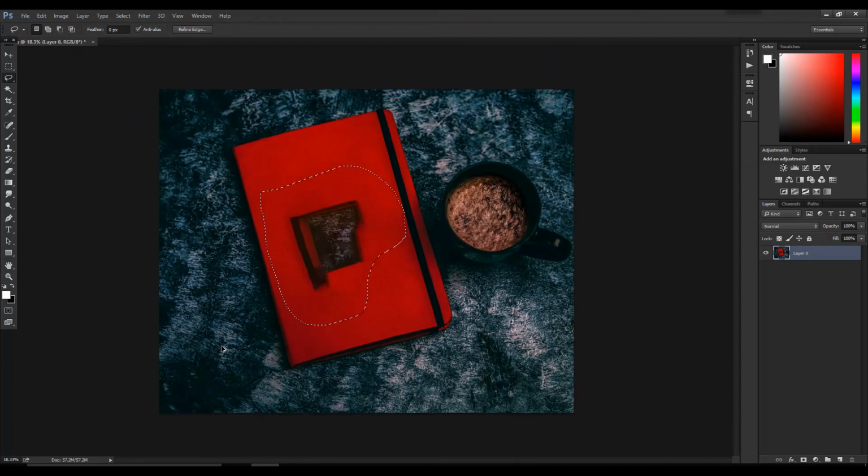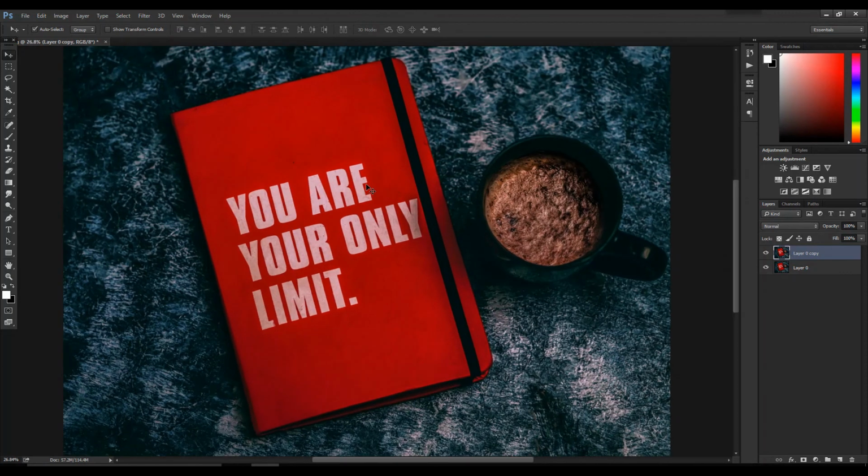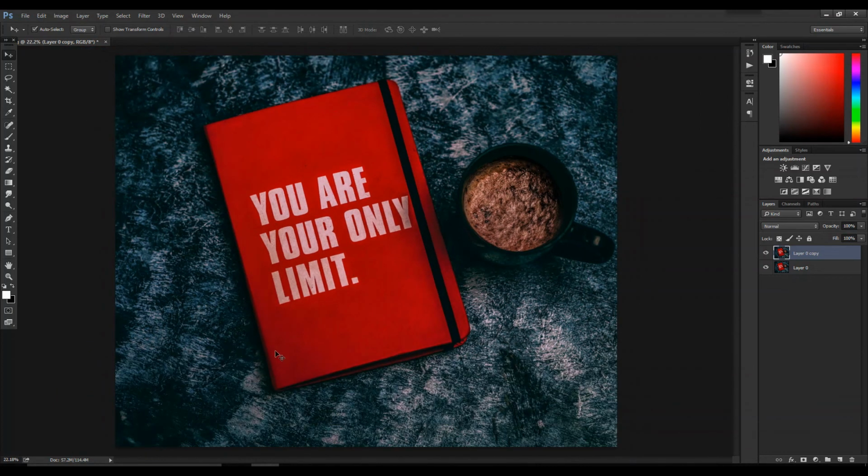Let's undo this. First let's make a duplicate of this layer by using Ctrl J. Now after making a duplicate, as you can see, we want to erase this writing and we want it to be a proper red color, and we want Photoshop to pick this particular background and merge it with this. So how to do that, let me show you. As you know, we have already made a copy. Let's make a selection. Make sure that you select the area from which you want Photoshop to pick the color. Now as you can see, I want this red color, so I'll select only this red color part and create a layer mask of this.